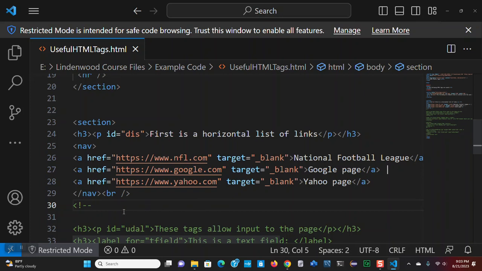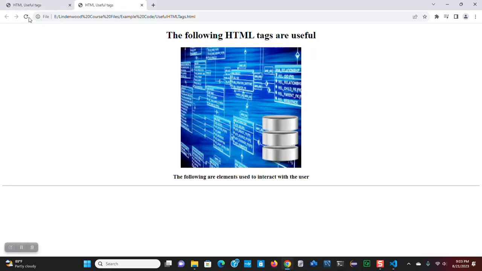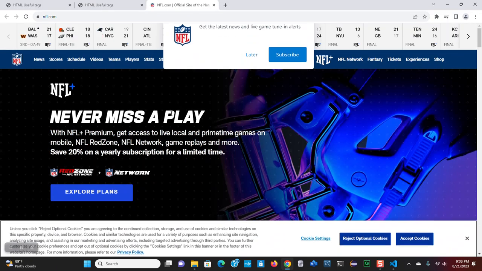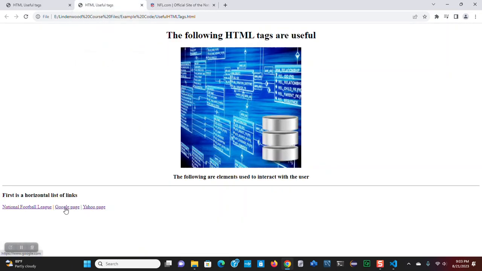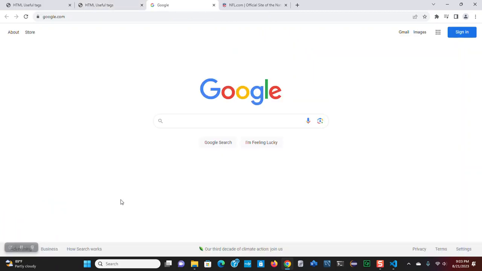Okay, so I'm gonna save. I did. Go out here and display this. Okay, and here you see a horizontal list of links. The NFL, of course, I love the NFL. Okay, I'm gonna go back and Google